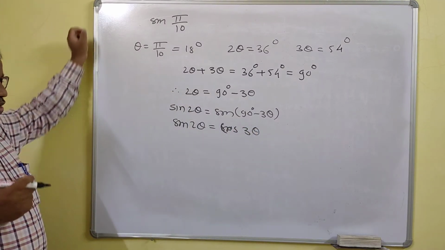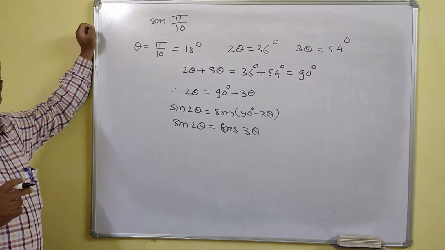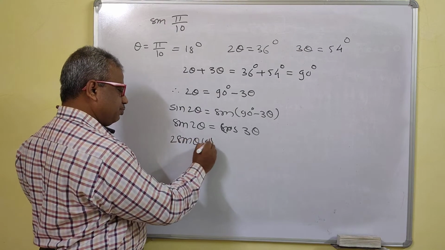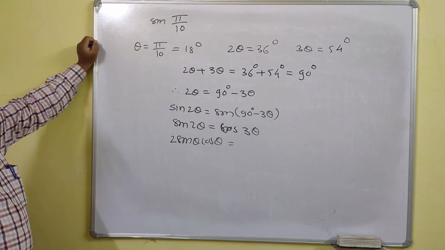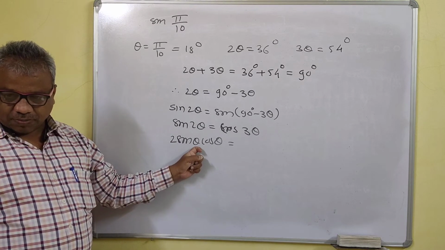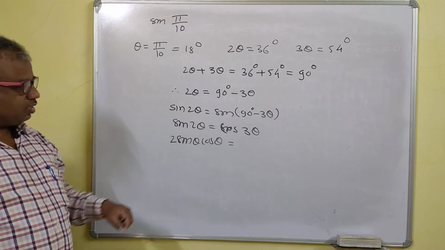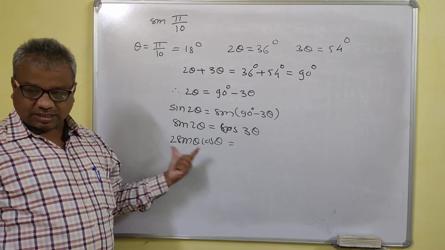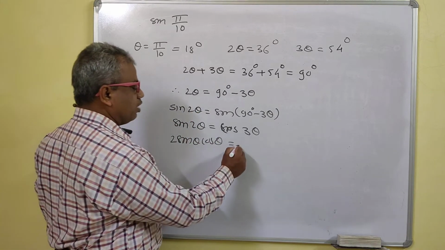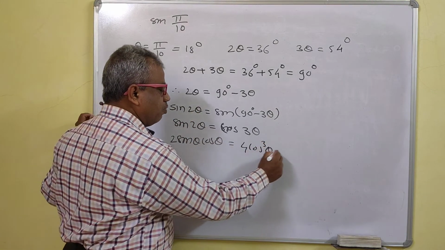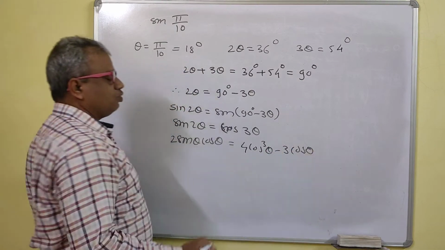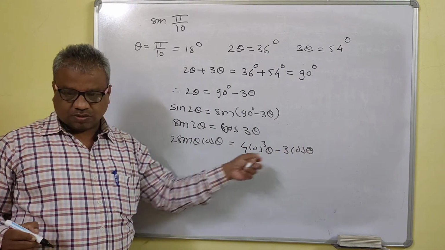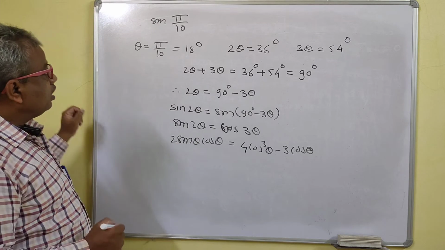Now we'll write the formula for cos 3 theta and the formula for sine 2 theta. So 2 sine theta cos theta. See, we get a single angle now here. That means we are in 18 degree now. With the help of the double and triple angles, we get a single angle, and we are interested in the single angle. So cos 3 theta is 4 cos cube theta minus 3 cos theta. You should remember this formula. Now see here, each term contains cos, so one cos gets cancelled.